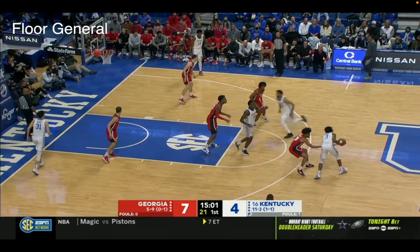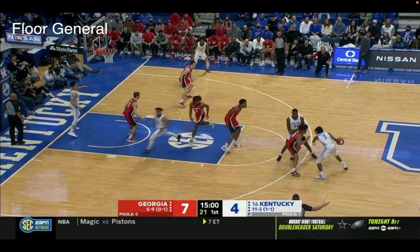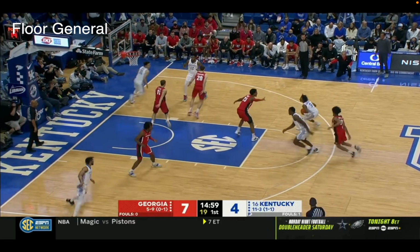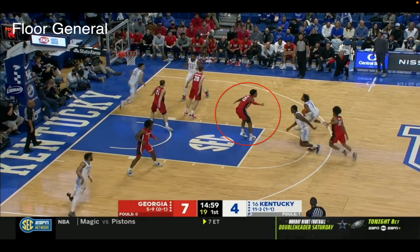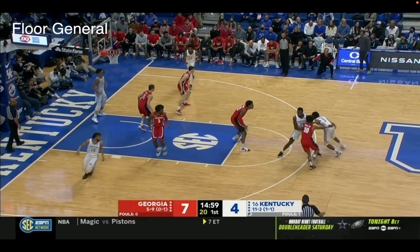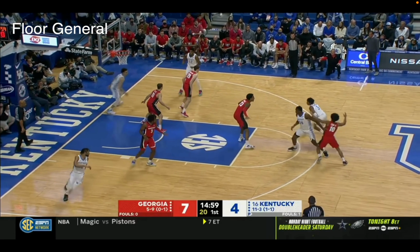Right, gets the ball right top of the key, and it's just very subtle, right? We saw all those sets before where the drop defender, in this case right here, is going to come onto Washington, and just watch here. As Washington gets some space, and this defender more heavily commits onto Washington, there's more space for mid-range. Even though he doesn't shoot the mid-range, Washington that is, he's in the position to shoot it, so this defender is kind of in a bind again, and because of that, you open up the little pocket pass,